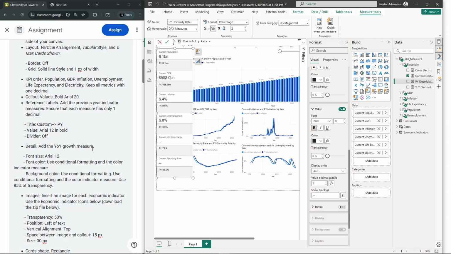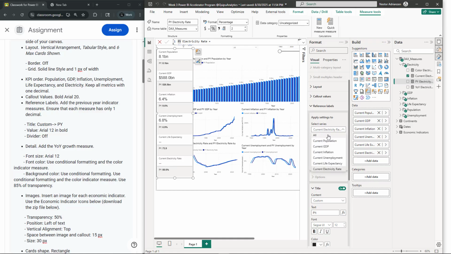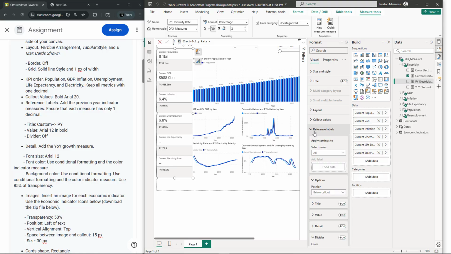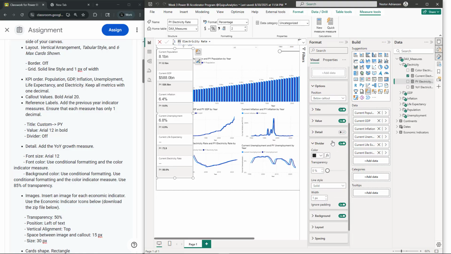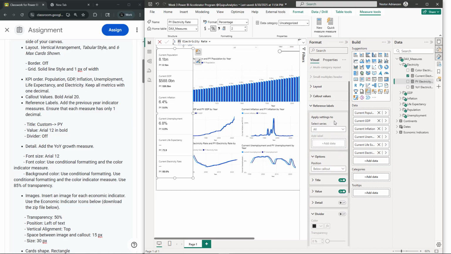What else do we have? Divider should be off. Okay, so let's keep selecting the visual here, and let's go over here again, all, for reference labels. Remember, we're still in reference labels, and then the divider should be off. So that's better. Now let's go over detail. We need to add the year-over-year growth measure there. Let's keep selecting here the card visual, and then let's go back to reference labels,